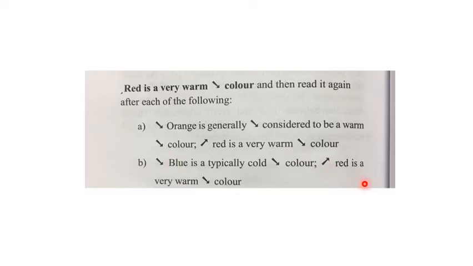أوكي، again نفس الجملة red is a very warm color، ولكن في هدول two cases صار عندي على كلمة red stress، صار في تغير في البيتش أو الانتونيشن، عمل لي rising intonation عكس الانتونيشن اللي كانت على نهاية الجملة الأولى. تمام؟ في الجملة الأساسية كانت بس falling intonation at the end. أوكي؟ هنا لأ، بتغير الستريس، بصير بدي أوضح لفظي لكلمة red أكتر عشان as opposed to blue أو orange. أوكي؟